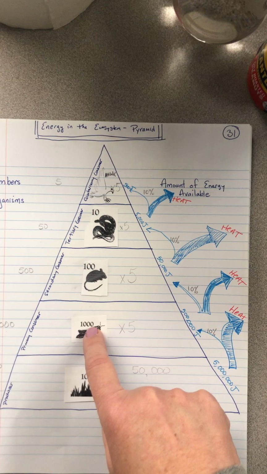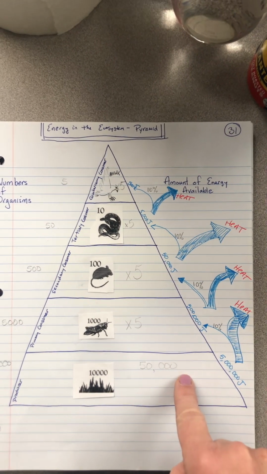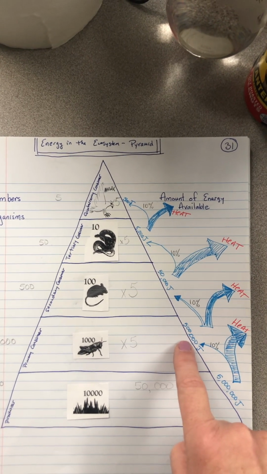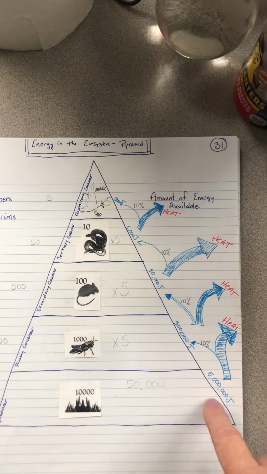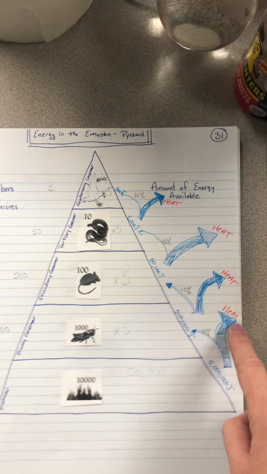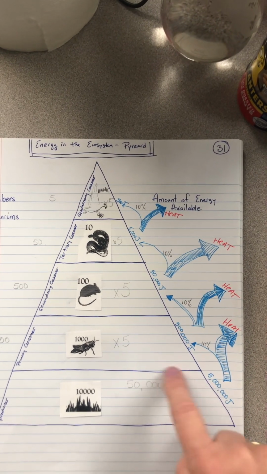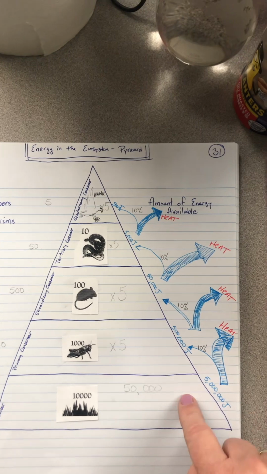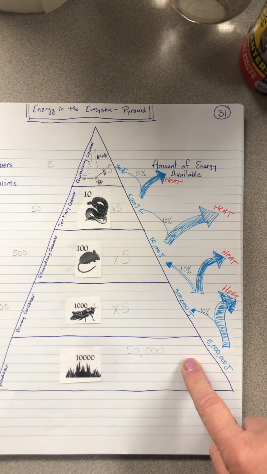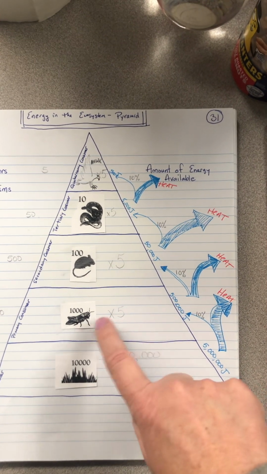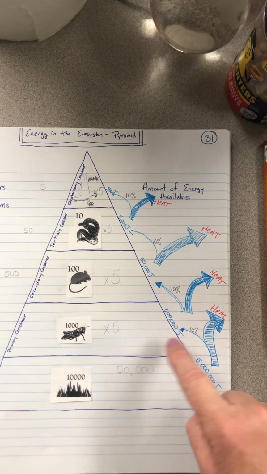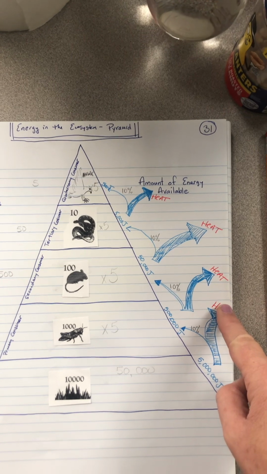So that would mean that this layer's got 5 million joules of energy. This layer is only going to have 500,000 joules of energy, which is 10% of the total. The rest of this is released eventually as heat. So it's going to be work done, cellular respiration, keeping this guy and this guy alive. All that cellular respiration actually transfers into heat. Living things give off heat. They're going to jump around. That's doing work and exercising. That's also going to eventually release as heat. So there's a huge amount of loss.